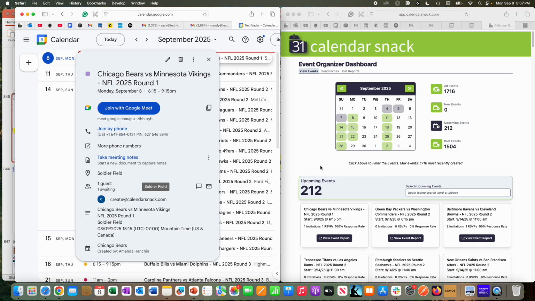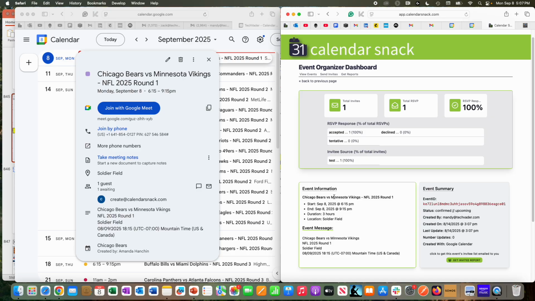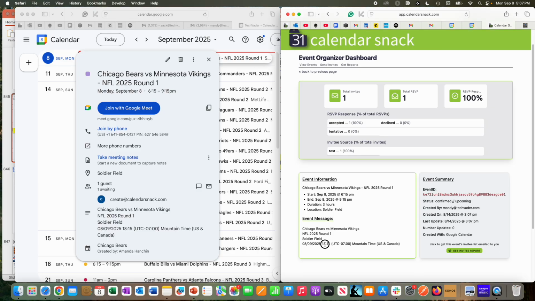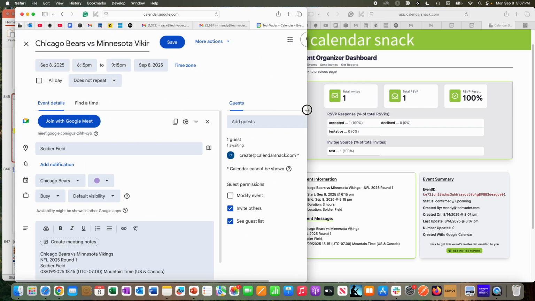Let's go ahead and drill into this particular day. So today's the 8th. There's only one game on the calendar. We'll take a peek at it right here. And it's Monday Night Football, Bears versus the Vikings. So you can see that this is the message body. It's the same as this message body because we mimic the data that's on the personal calendar, and when it's sent to the AWS calendar invite server we built, we scribe it into the database, the UID, and then we keep track of it. Once it's registered in the database, we do keep track of it, and that's the cool part of our tech. So you can see there that under guests or attendees,